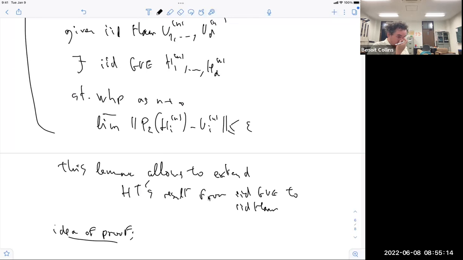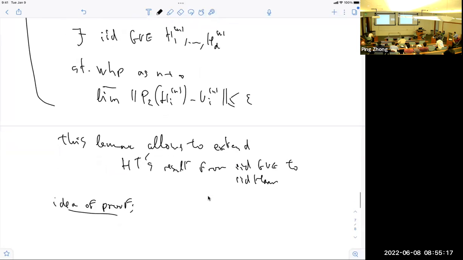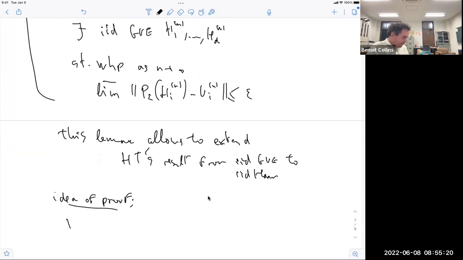What we do is we pick a smooth function P from R to C, sorry, from R to S1, which is included in C,